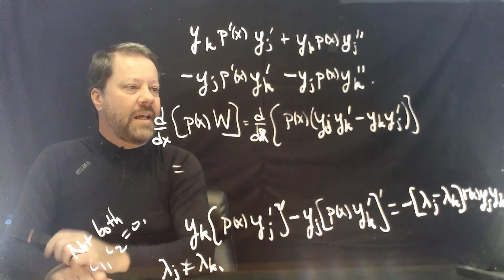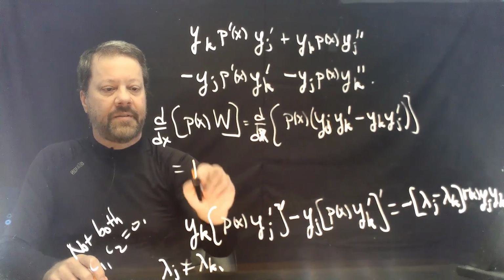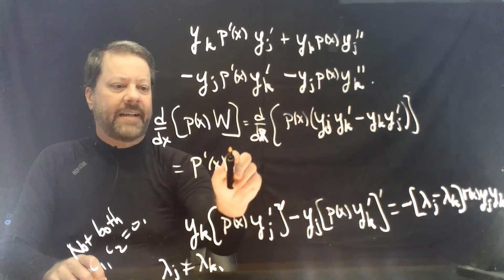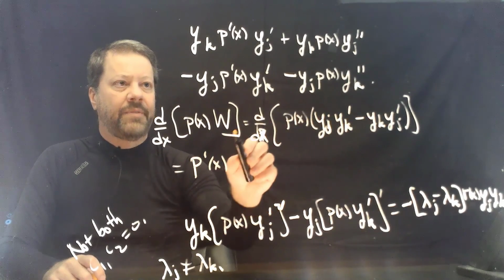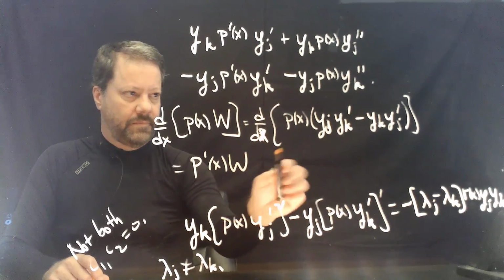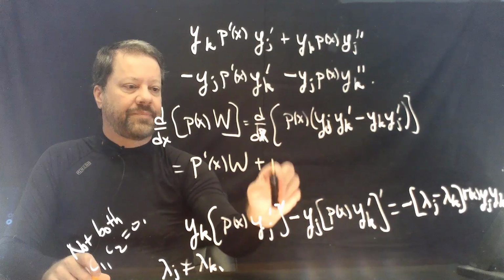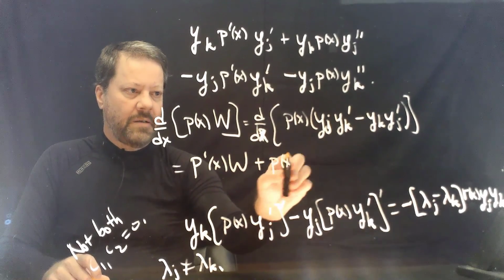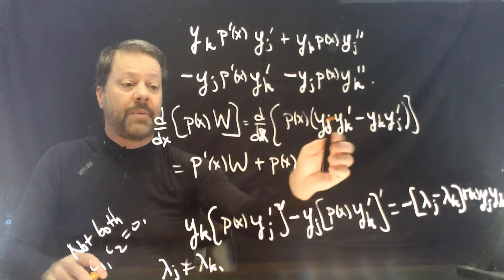And you'll see that you'll have this p prime of x times this w, which we have up here, plus p of x times this w prime,